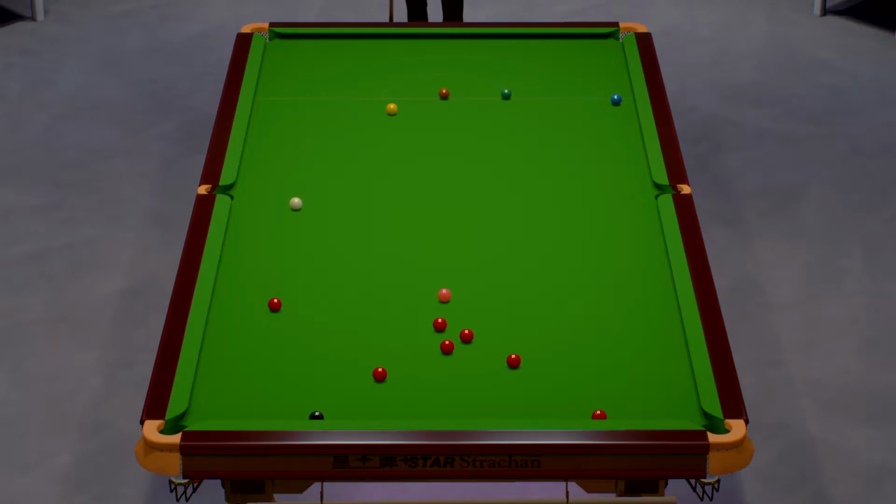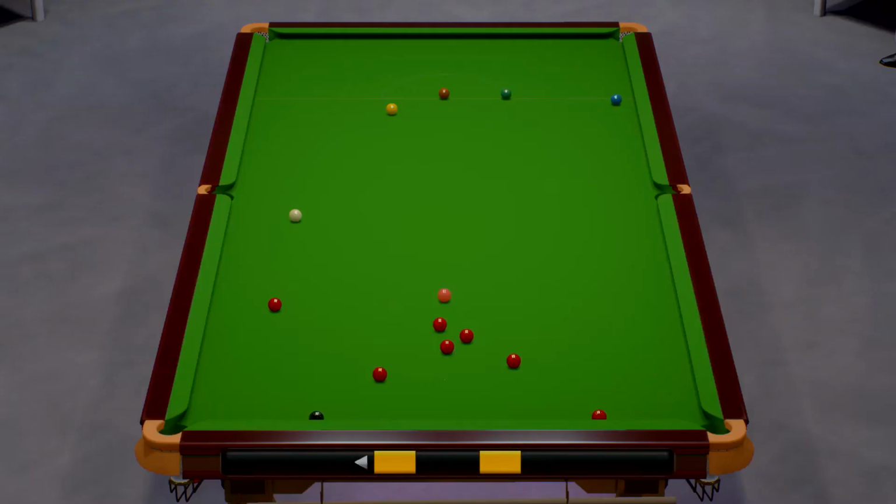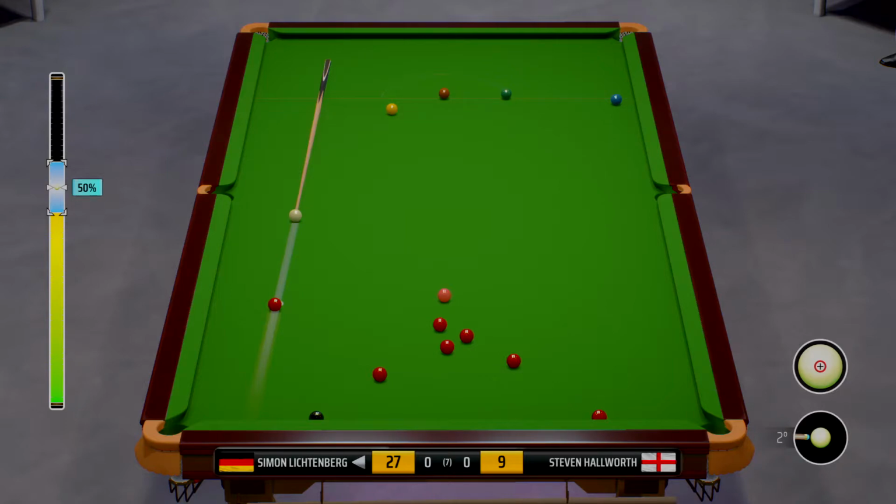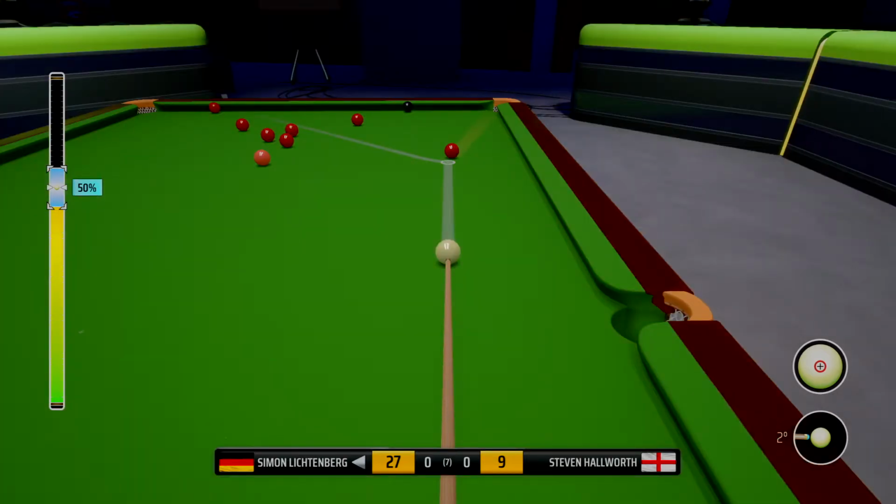This is the other thing I don't like. When you get a foul and a miss, you get to view the table, but you can't walk around the table. You can only see it from this angle. Decision time here. You can't study anything. To me, I'd rather walk around and have a look at them reds in the middle, but it won't let you do that. He's chosen to play on here. Which is another thing. I don't know if they're just silly things or it's just me being picky. I don't know, but